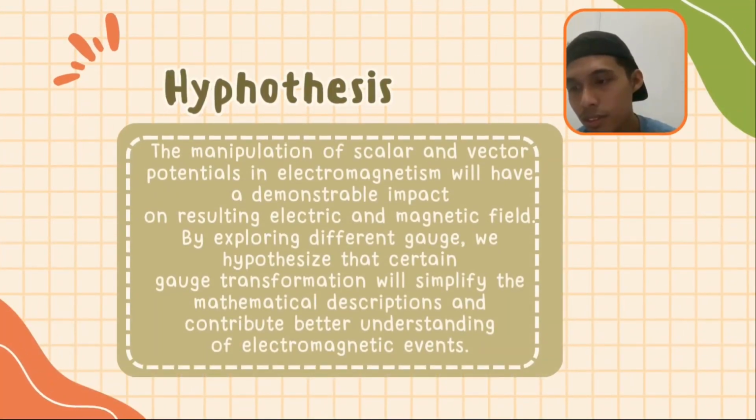For the hypothesis, the manipulation of scalar and vector potentials in electromagnetism will have a demonstrable impact on resulting electric and magnetic field. By exploring different gauge, we hypothesize that certain gauge transformation will simplify the mathematical description and contribute better understanding of electromagnetic event, which means here when we do calculation on the manipulation of scalar and vector potential in electromagnetism,